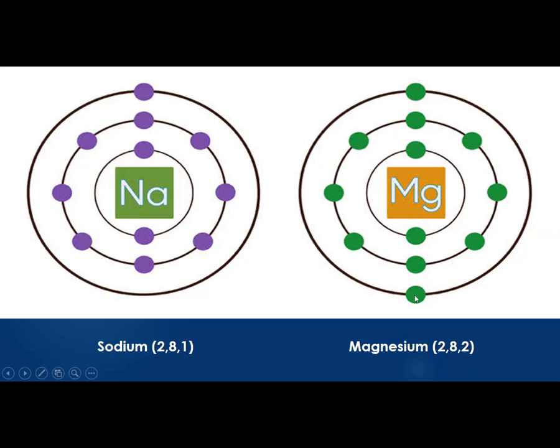So in the same way you can draw the structures of the next elements according to their values. 2, 8, then comes 3, then 2, 8, then comes 4. So you have to draw according to their configuration or the number of electrons. It is easy, it is not difficult for you to draw.